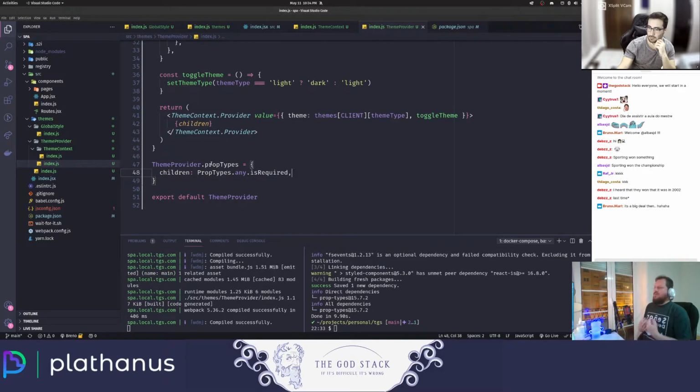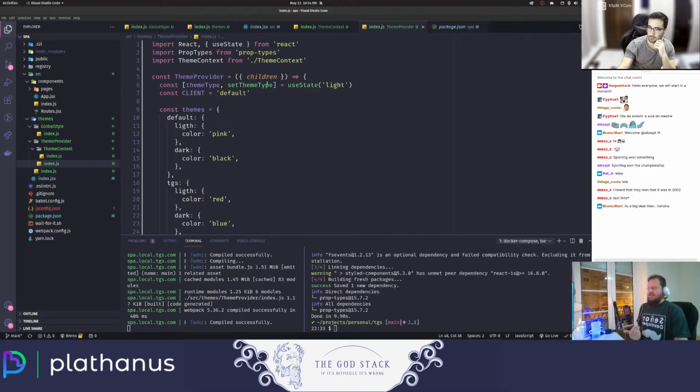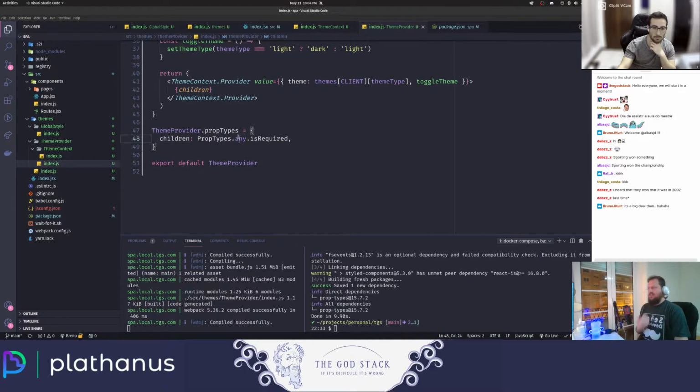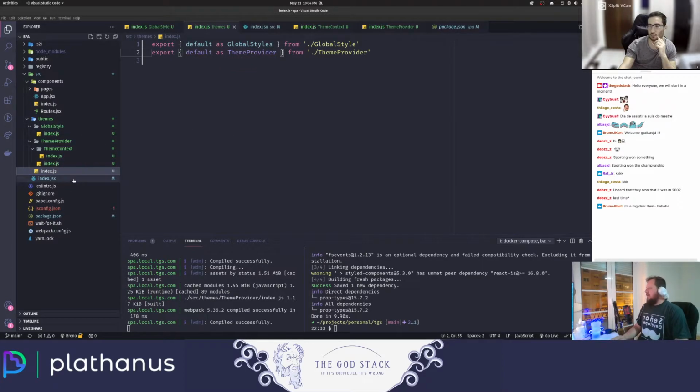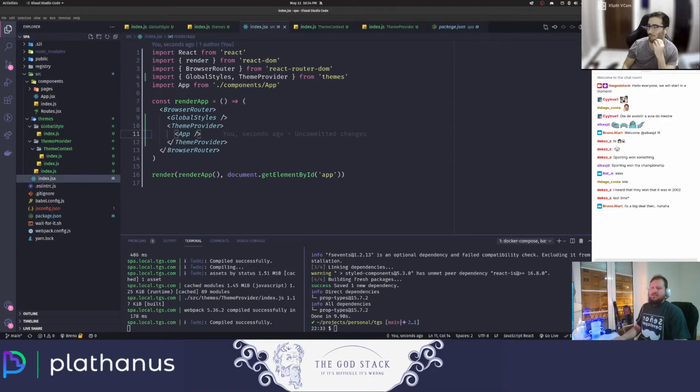Why do I use any for children? Because children is any. When you are working with a React component, what's inside the component can be a string, can be a number, can be another component, can be anything that you want. So when you try to validate children, it's gonna be any. So you can just pass anything and you are fine. But I just needed to do that. Okay, so now it's connected to the